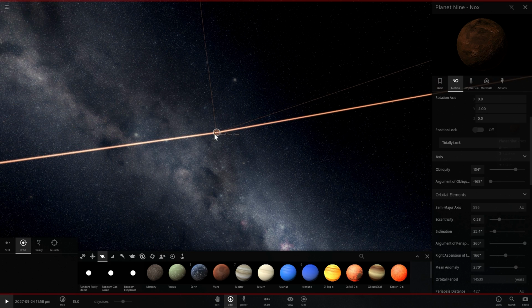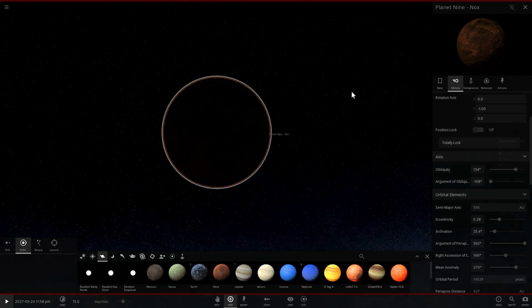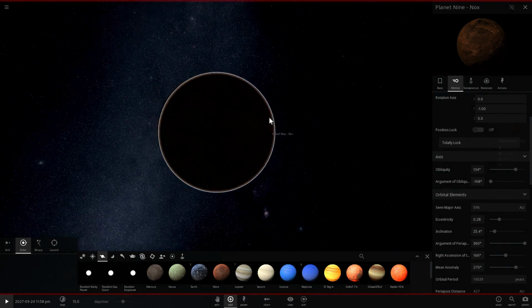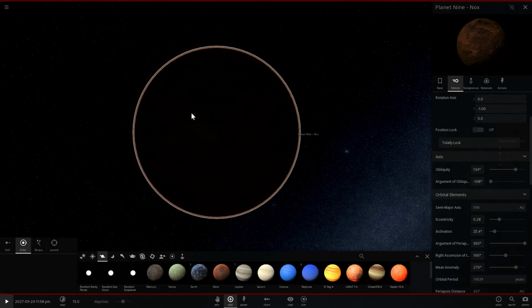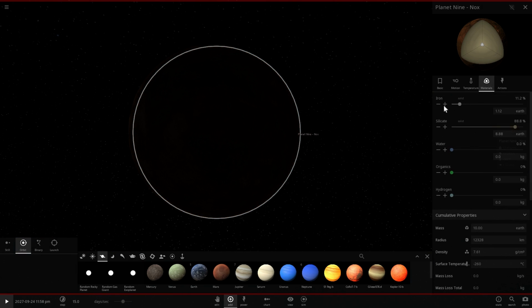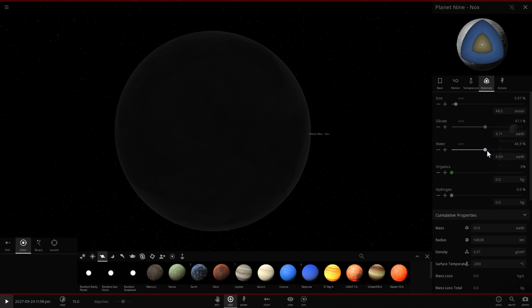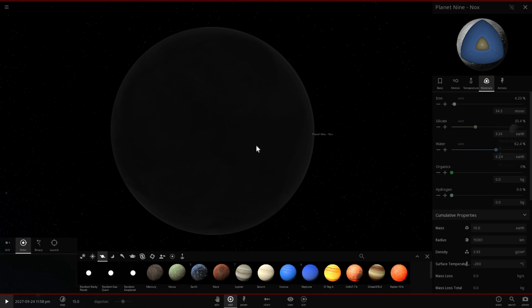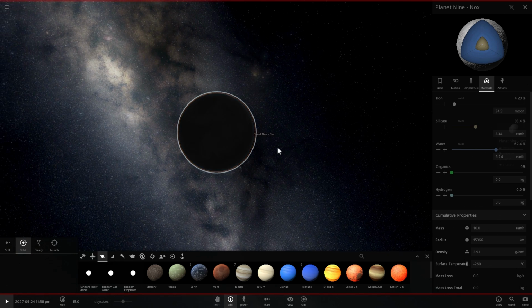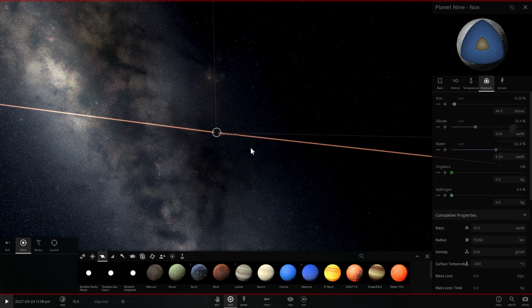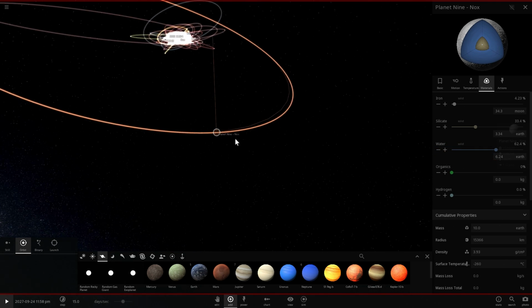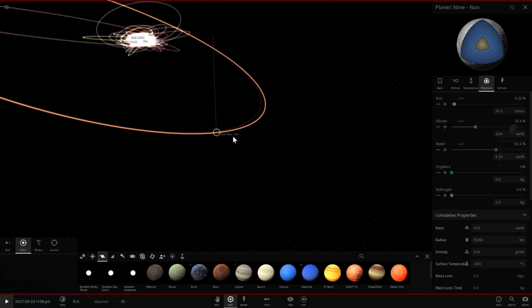Now let's go back here, and we're going to change its composition and everything else to make it more realistic. So it most likely is not really a rocky planet. It's very likely to be an ice giant similar to Neptune and Uranus. So we're going to give it a lot more, I guess, water, and it may also have things like carbon dioxide and a lot of other ices like methane, similar to both Neptune and Uranus. So in other words, in terms of composition, it would be smaller than Uranus and Neptune, but would have very similar composition.